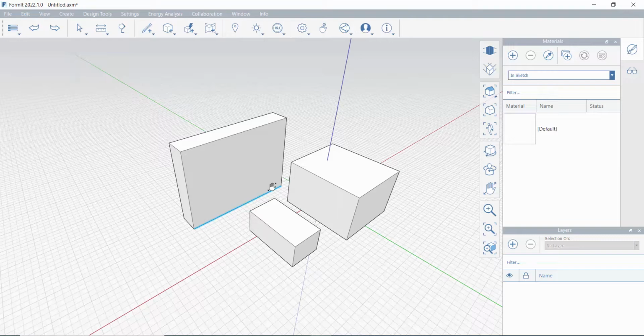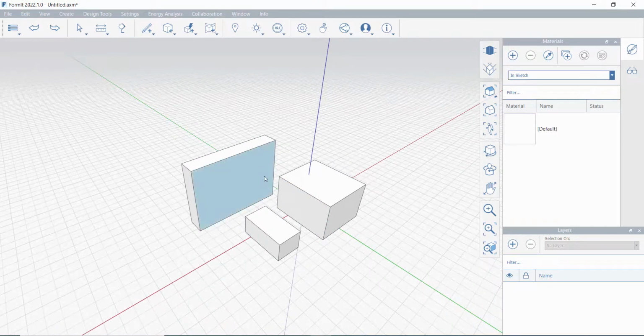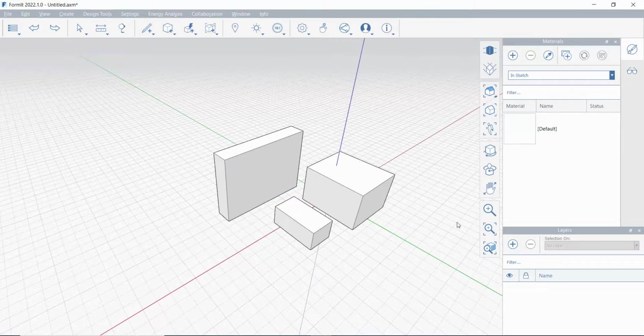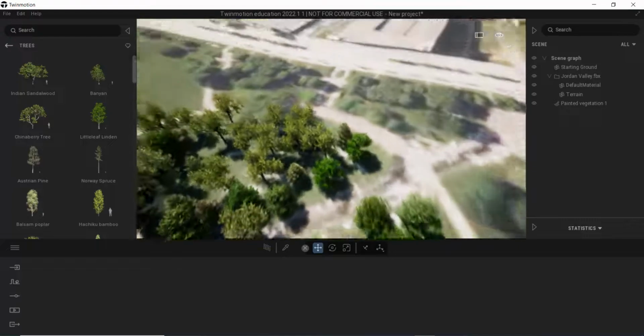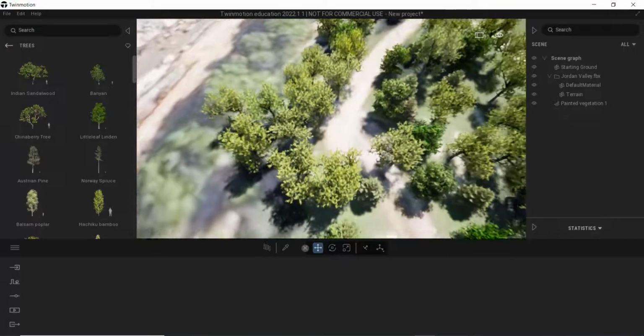So we left off with an introduction of Twinmotion, and we are going to push that intro a little bit further and carry it all the way through some basic output and connection to your files. So I've got a small little thing here worked up in Format with some objects just to represent the pieces that you're 3D printing. We are continuing on with this scene here that I was using over Jordan Valley Park